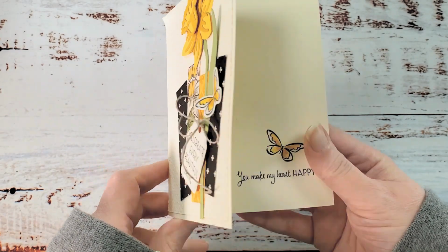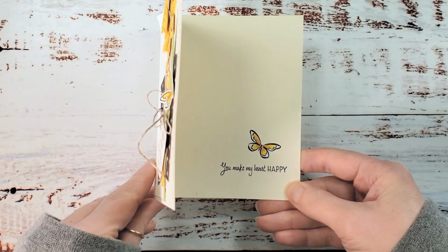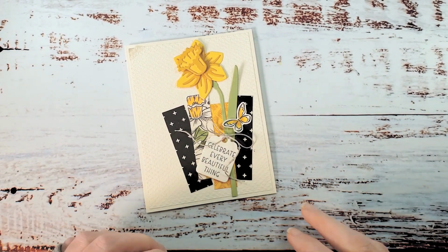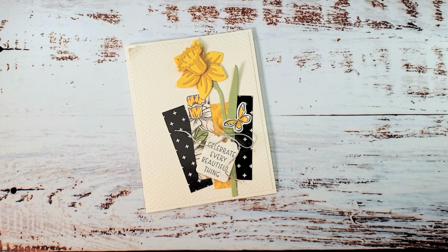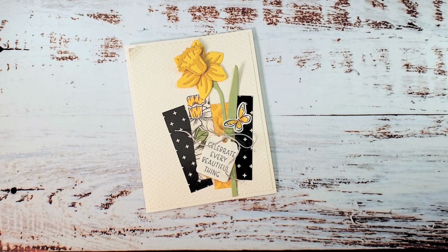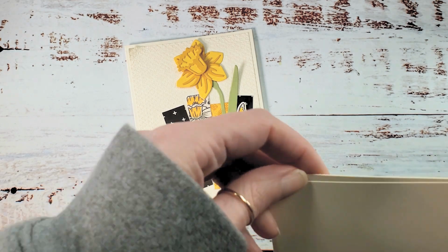Celebrate every beautiful thing. You make my heart happy. And this is my card for Coffee and a Mystery card today, where we are using scraps. I thought it would be a fun challenge, kind of light and easy in between the holidays here. And this card is going to show off just a little bit of some brand new products and some celebration